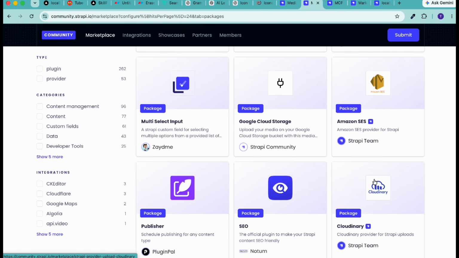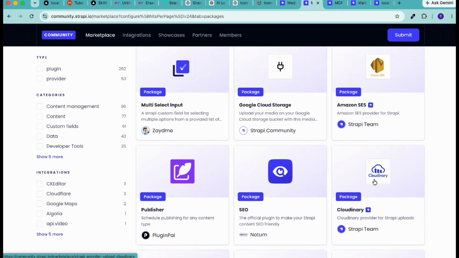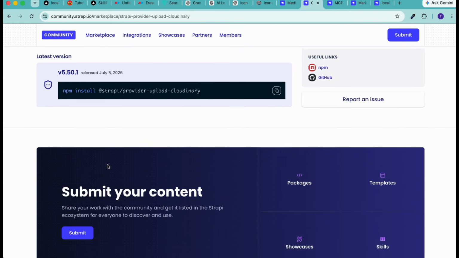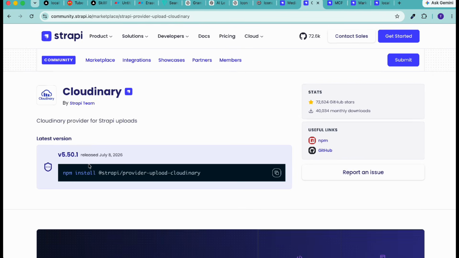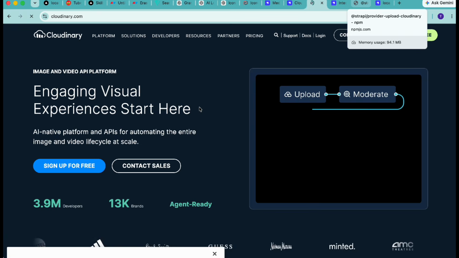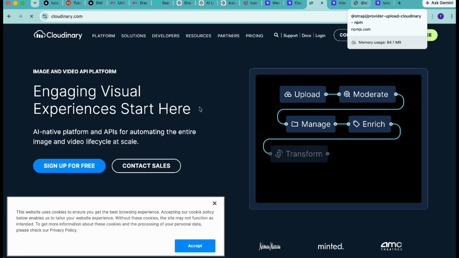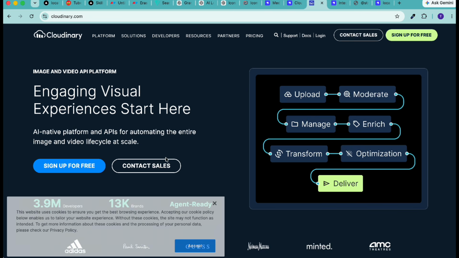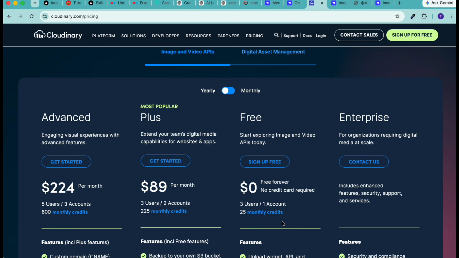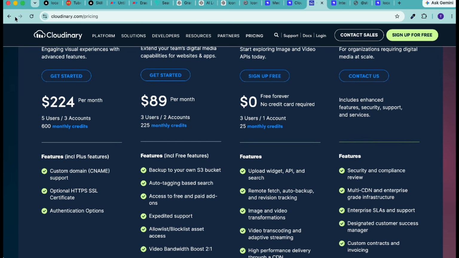Now in this particular video, we are going to use a free Cloudinary setup. Okay, so just click on it and then it will open the step-by-step process to integrate this Cloudinary. Now Cloudinary is a free image storage or video storage service. Basically it's free to use. If you go to the pricing, you will see a free trial where you can upload up to 25 GB